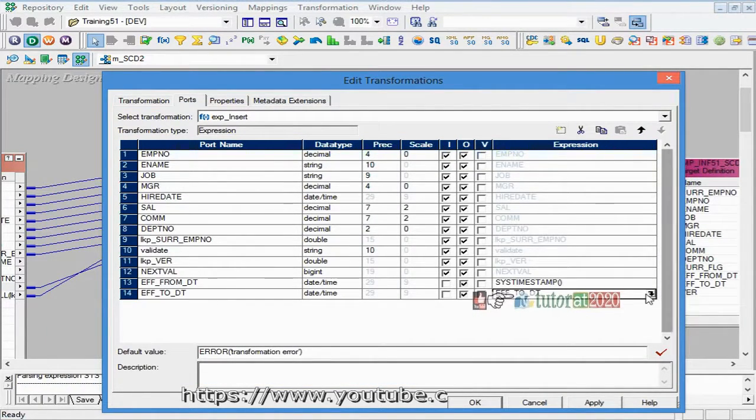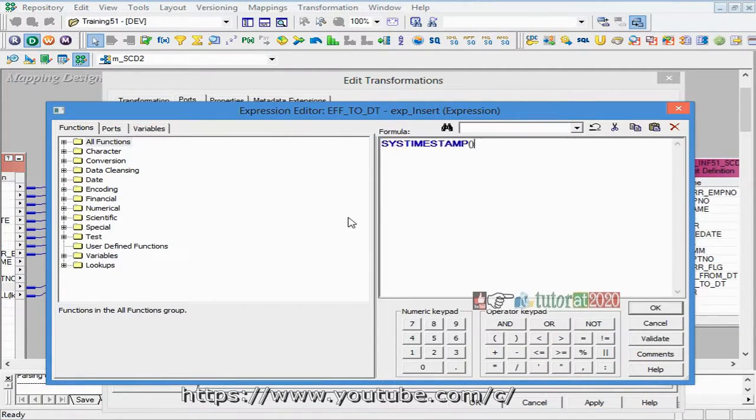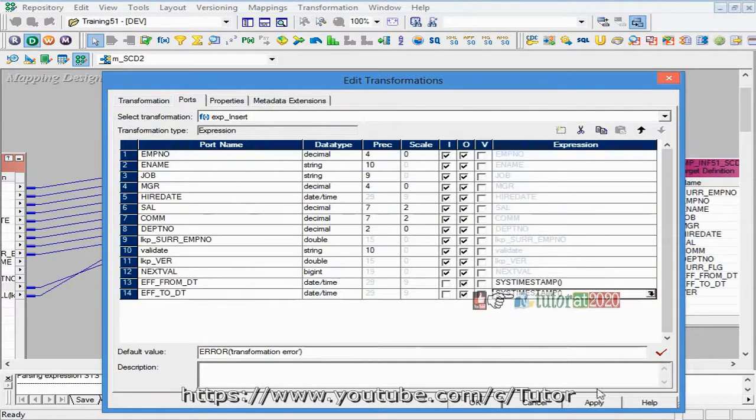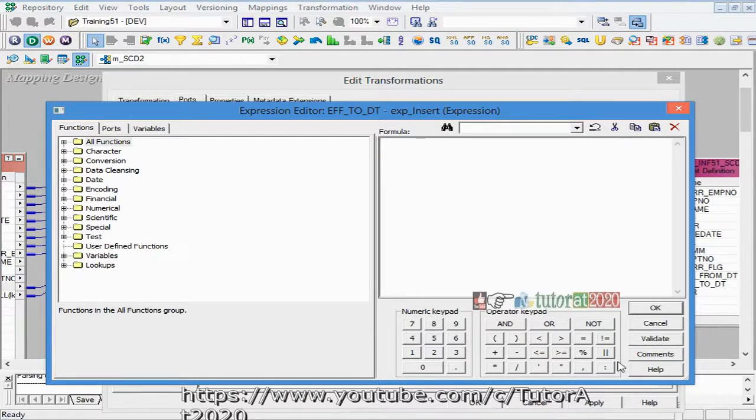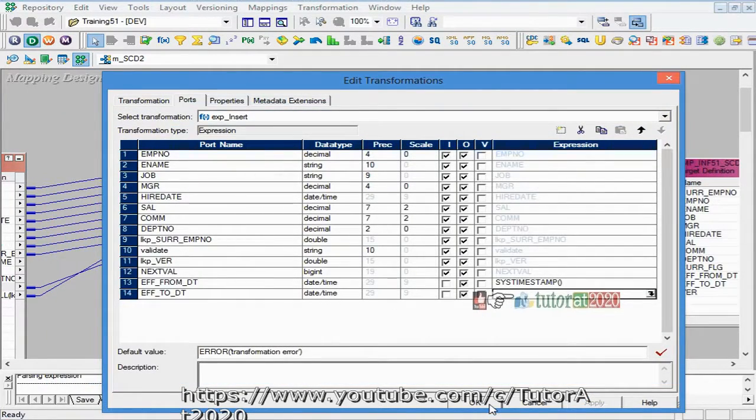Currently, I'm just keeping both as system dates, because for effective to date, you can keep it blank since you are inserting, or you can keep the high date, meaning 999 and that kind of thing.